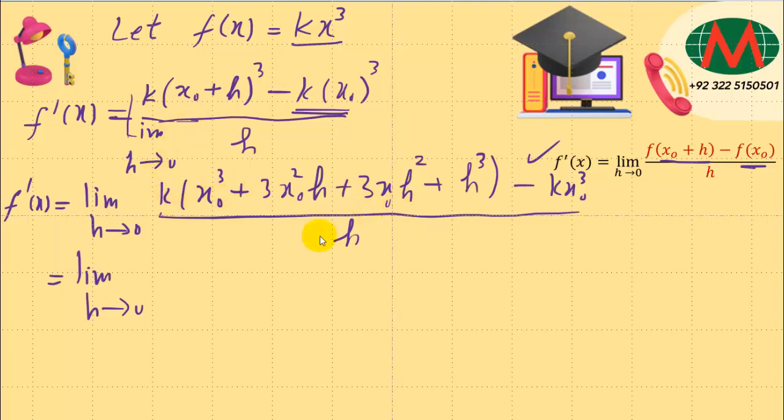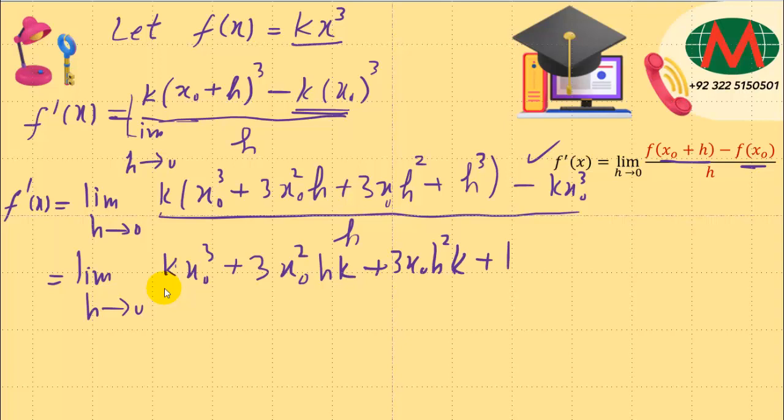Just multiply this k with the inside, so it will be kx0 cube + 3x square hk + 3x0 h square k + kh cube, and then minus kx0 cube